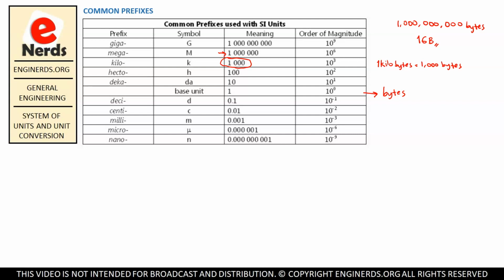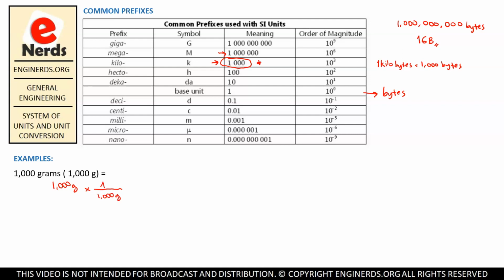So let us give some example here. We have here 1,000 grams. So the easiest way to express this is to use this kilo sign. Now we can convert this by using dimensional analysis, no? So for example, here we have 1,000 grams. So we can see here that we have 1,000 of our base unit. So in here, our base unit is gram. So we will have here 1,000 grams